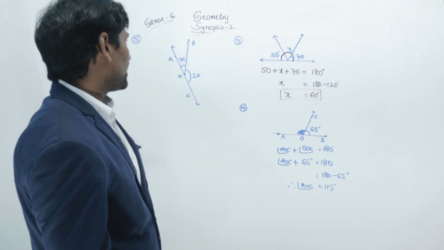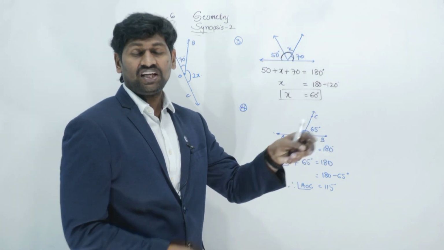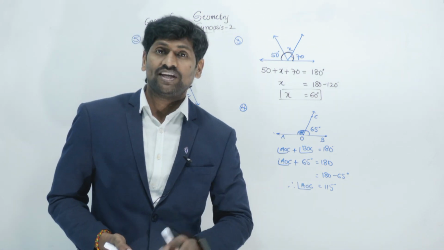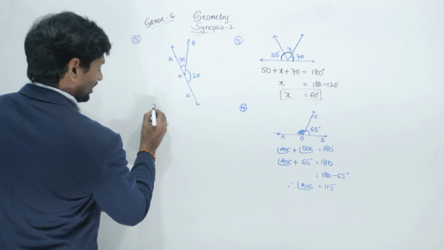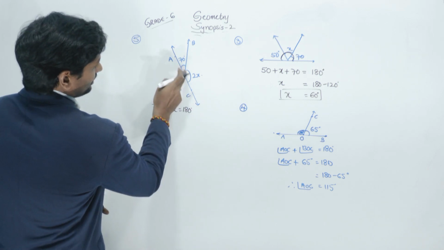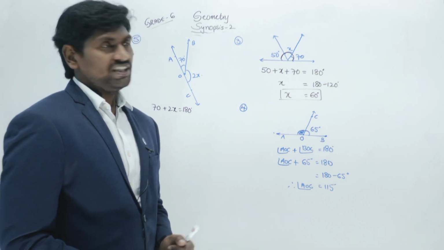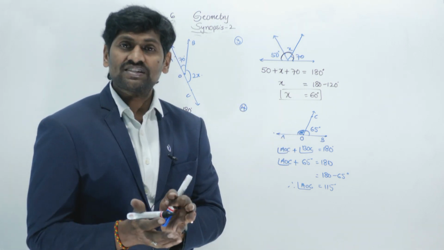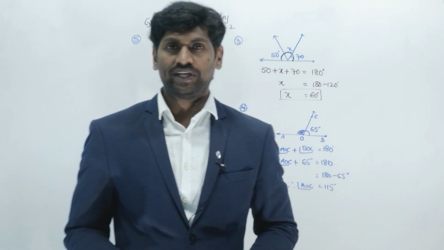So whenever you see a straight line, whether it is horizontal, vertical or slanted, it always gives a 180 degrees angle. Now from this figure we can write 70 degrees plus 2x equals 180 degrees, because the sum of these two angles makes a straight line. Whether it is 2 angles, 3 angles or 4 angles, the combination of angles on a straight line